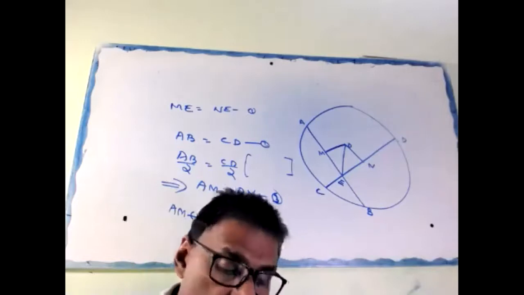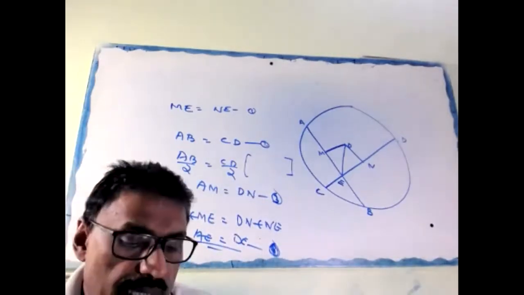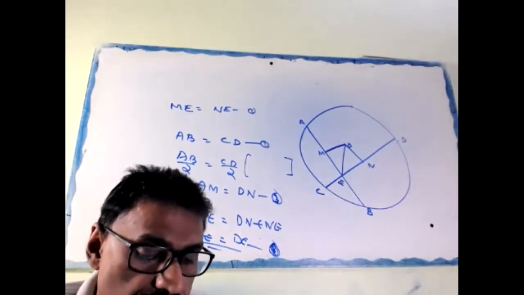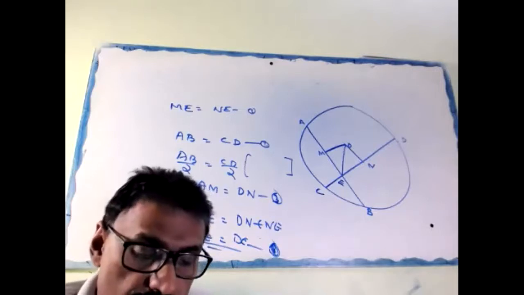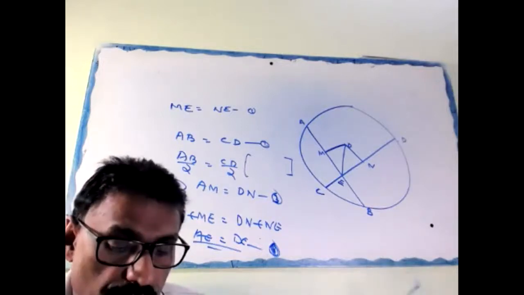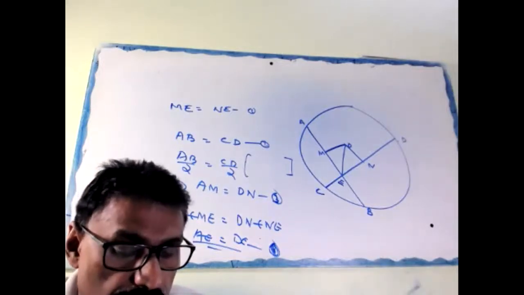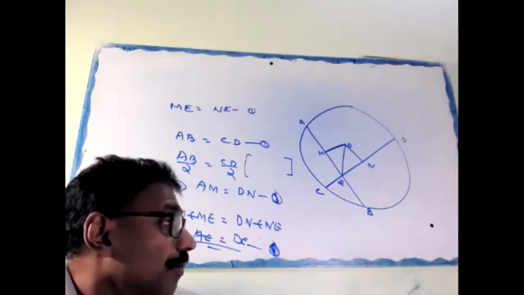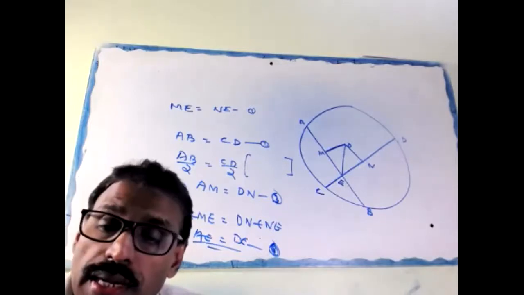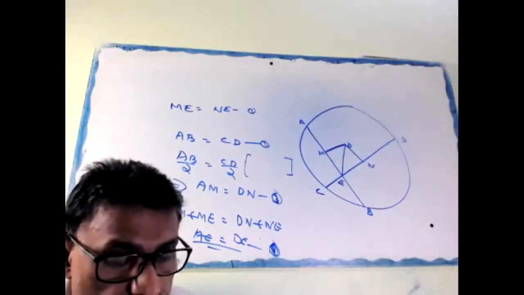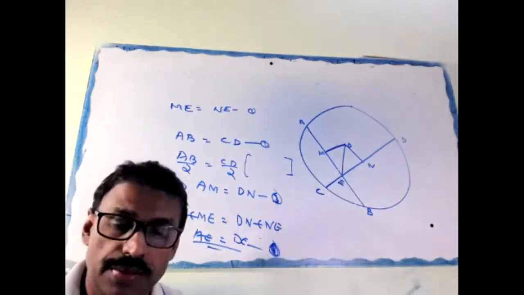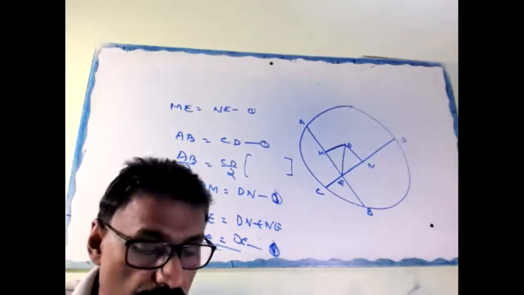Okay, finish or not? If two equal chords of a circle intersect within the circle, prove the line joining the point of intersection to the center makes equal angle with the chord. Exactly the previous figure. Here OM and ON equal, reason you know. Then angle M equal to angle N, 90 degree. OE common. Therefore, these triangles are congruent by RHS. Hence angle 1 equal to angle 2, CPCT. Clear now? Question number 3 finished.